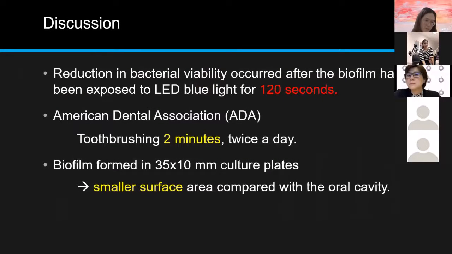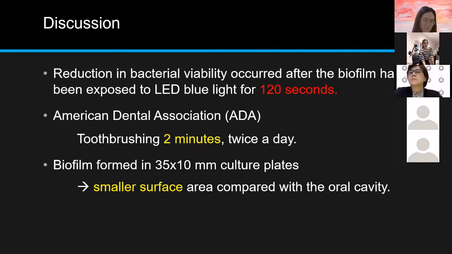Our data show that a significant reduction in bacterial viability occurred after the biofilm had been exposed to LED blue light for 120 seconds. According to the recommendation of the American Dental Association, toothbrushing should be performed for 2 minutes, twice a day. So, if an LED toothbrush was applied for 2 minutes, it may help to reduce bacterial viability in